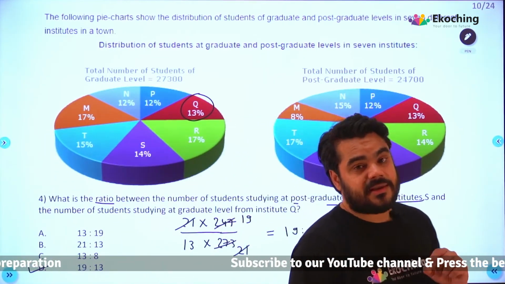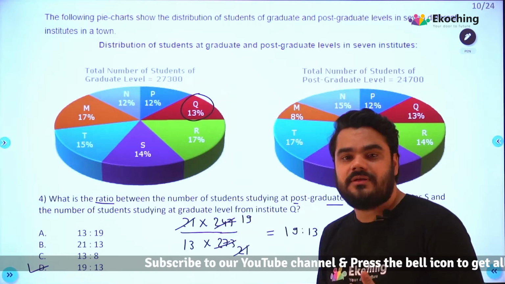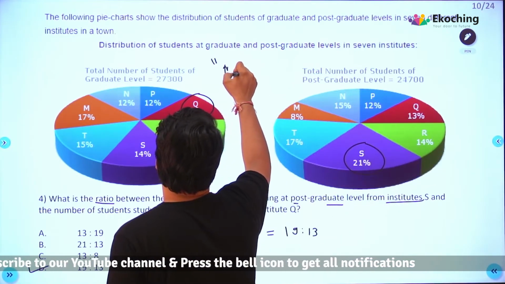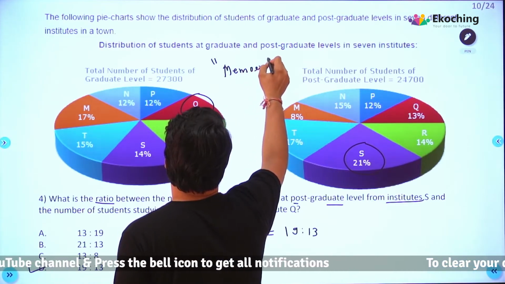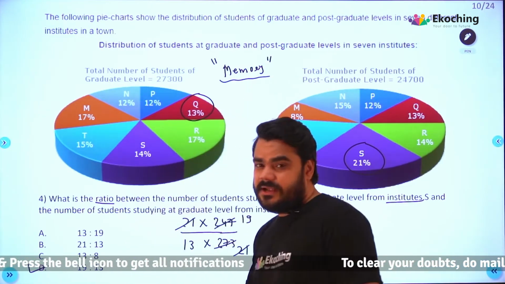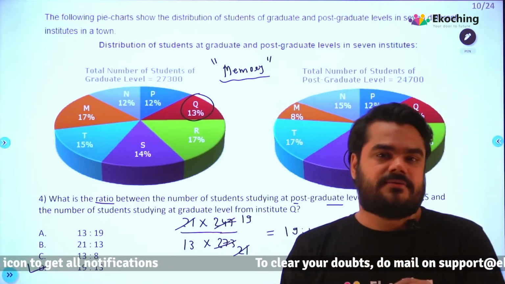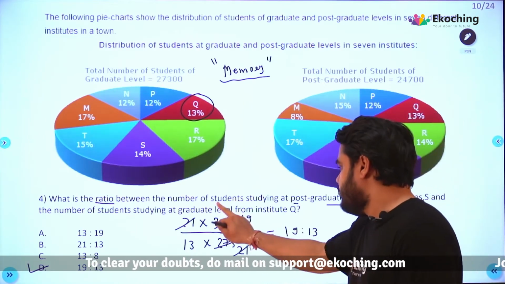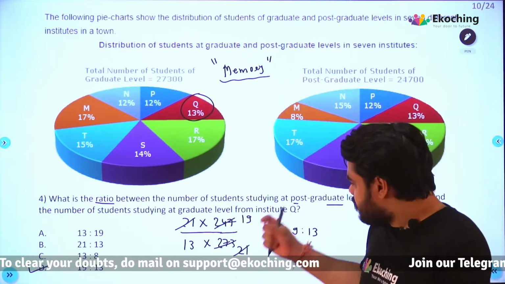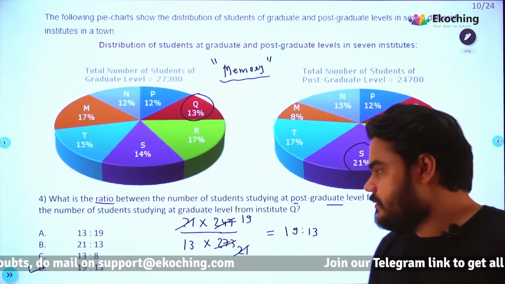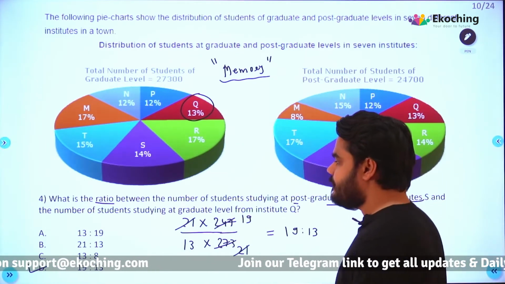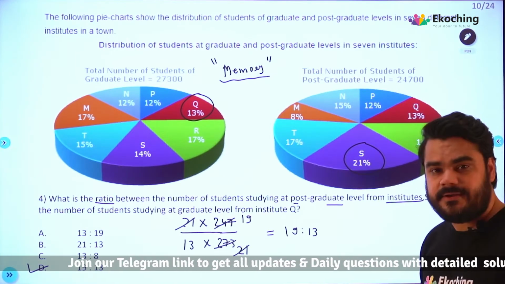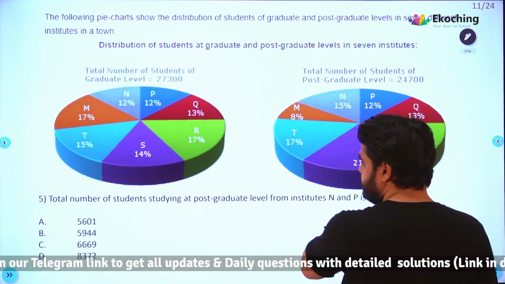Why? Because we remembered the values from the last question. So yes, this used something called memory, right? And it should click every time that you see a similar part. I saw that I am again reducing 247 and 273. So that's why our answer is that. Correct? Okay, we'll go to the next question.